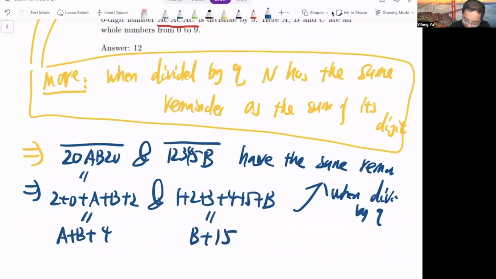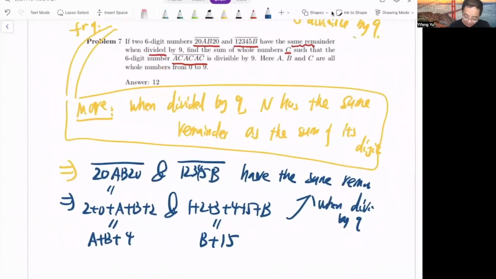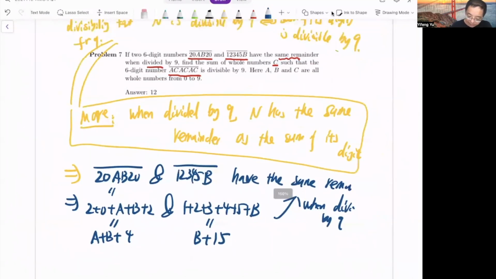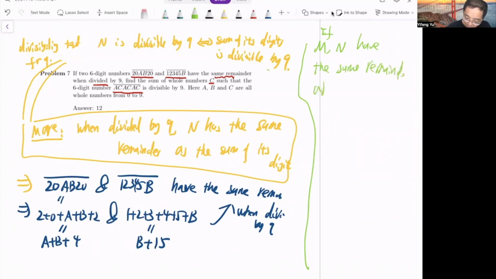This is B plus 15, right? So this is B plus 15. Okay, all right. Well, now let's also recall a basic fact. Suppose I have two numbers, let's say m and n. So if m and n have the same remainder when divided by 9,